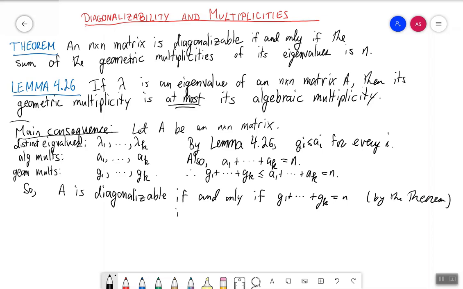Which is true if and only if, well, in order for this entire sum to be equal to n, the only way that can happen is if each one of these gi's, g1 through g2 through gk, is as big as possible. Or in other words, if and only if g1 is a1, g2 is a2, dot dot dot, and gk is ak. And so we have proved the following